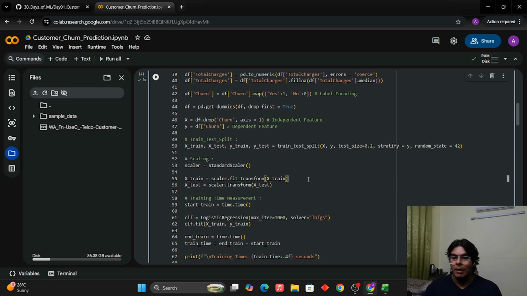Now, why is that? Think about it. If we calculate the mean and standard deviation for the testing data set, it basically loses all the point. The point of keeping the testing data set is so that it is hidden. It is validation data, right? You cannot show validation data. But if you calculate the mean and deviation, you are basically causing data leakage. So there is no point in training the model on the testing data set once you have fit on that data set, which is why we never fit on the testing data. This is just transform.